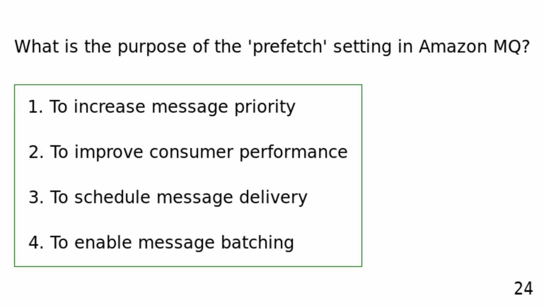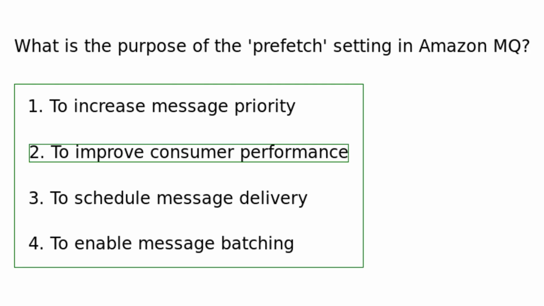What is the purpose of the prefetch setting in Amazon MQ? To increase message priority. To improve consumer performance. To schedule message delivery. To enable message batching. The prefetch setting allows consumers to fetch multiple messages at once, improving performance by reducing the number of network round